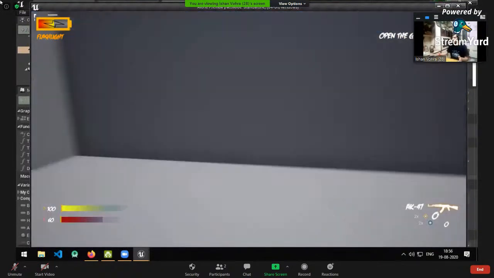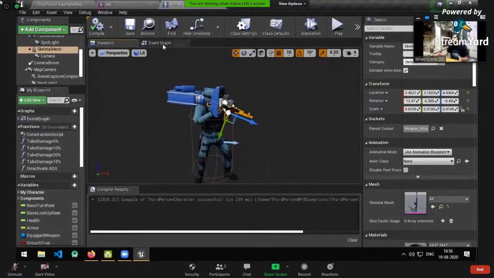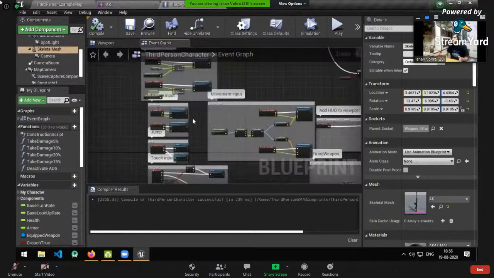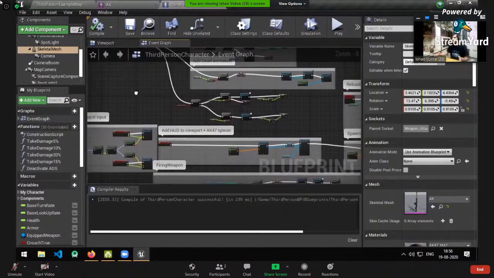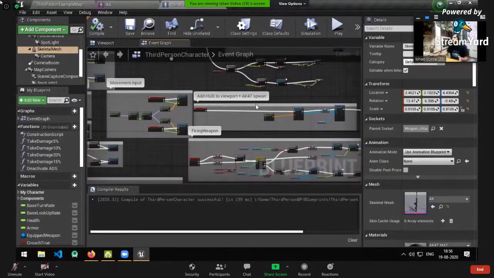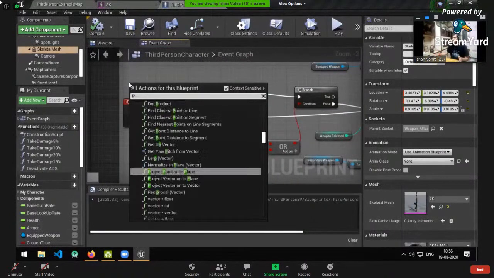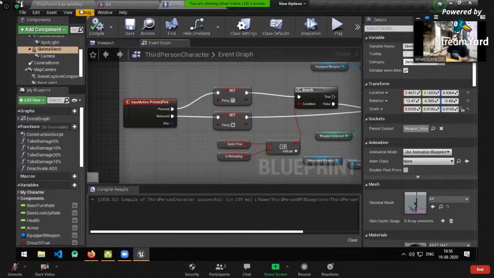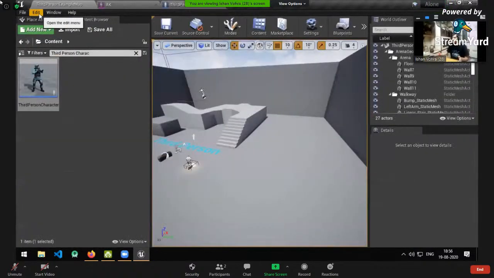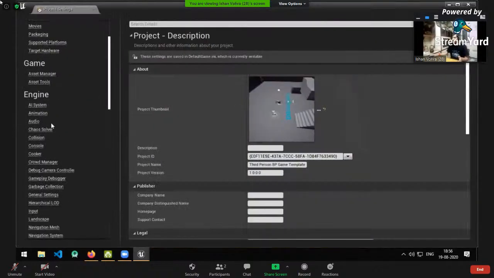Looks amazing, right? Now we need to program it to shoot. How would we do that? Let me just find it. Right click and type in primary fire. This would be created automatically, or if this is not appearing, go to edit, project settings, and in the input,